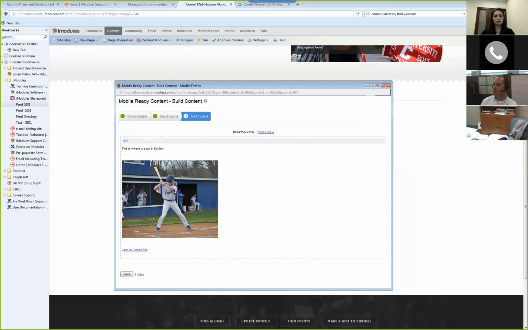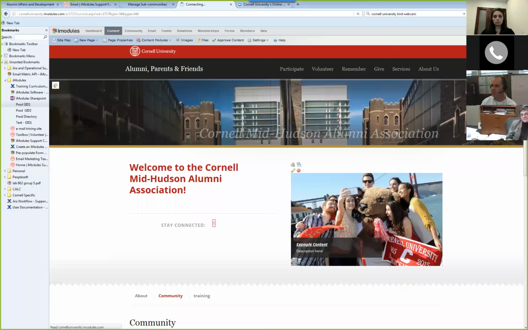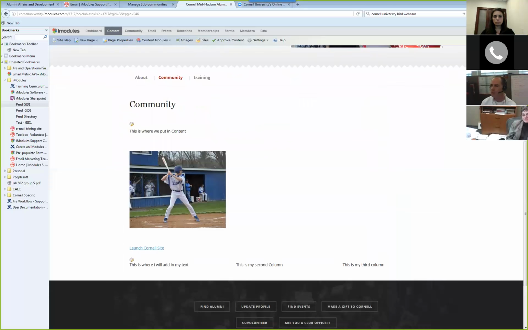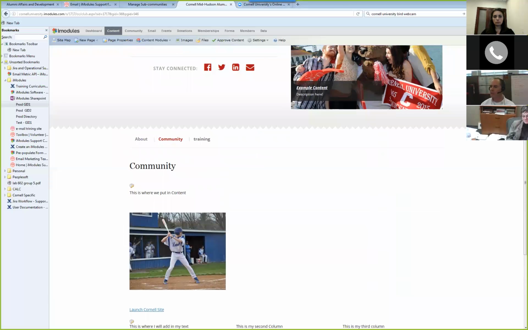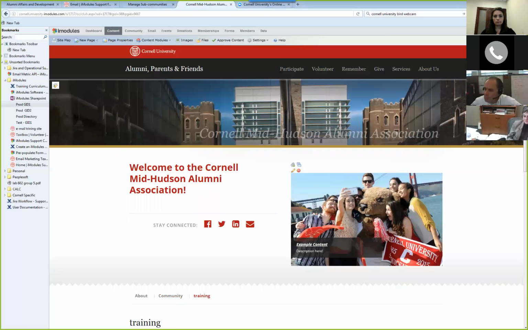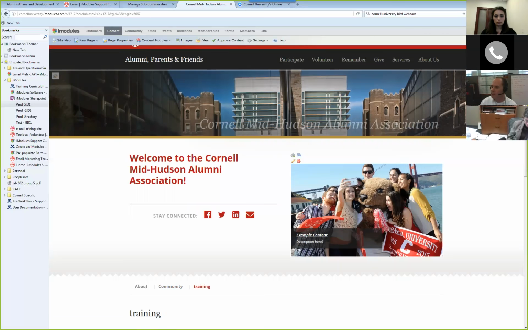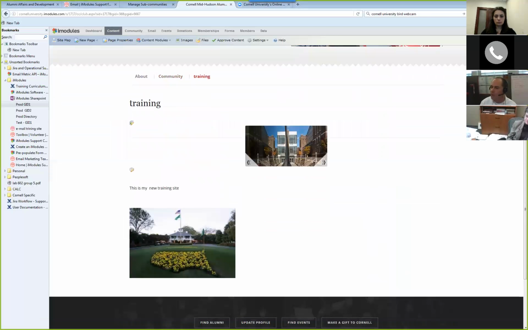So I'm just going to save all that again, and we have a little piece right here. I'm going to show you some more capabilities we have. I showed you how to put in an image.